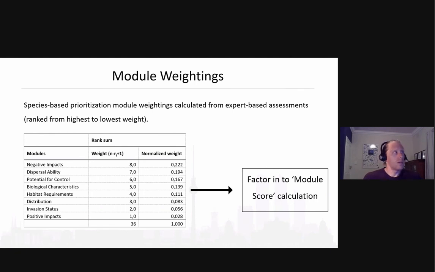And this was just a really quick way to get some sort of relative weighting for each module. And again, this framework does allow for these weightings to be integrated into the framework. So for our purposes, we didn't include weights yet.